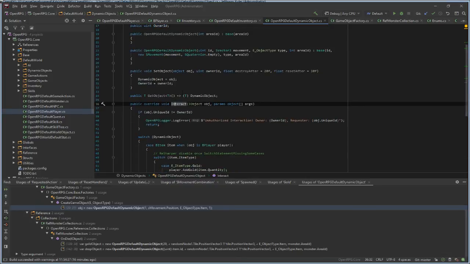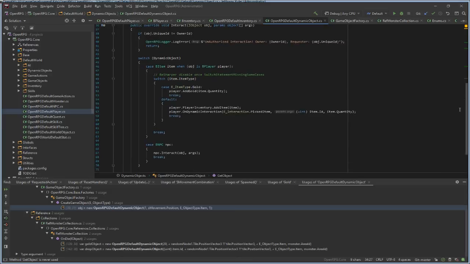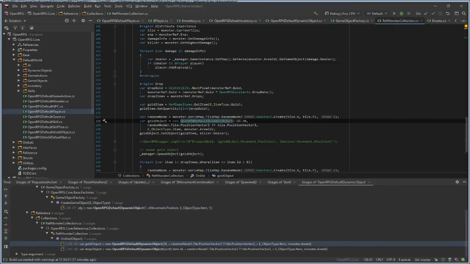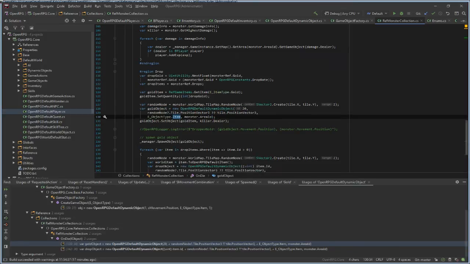If I click an item, this interact method would be called immediately. I can also get the object and cast it as a different type instead of just being an object.